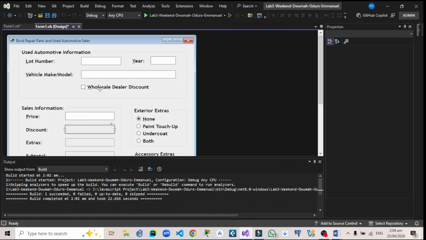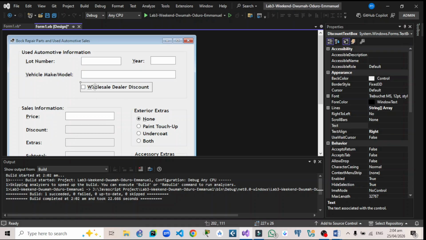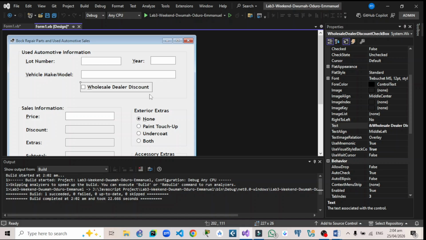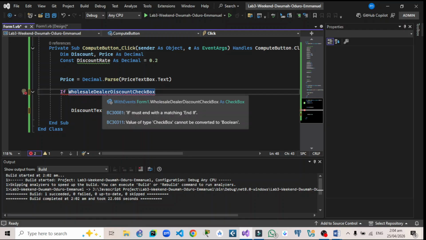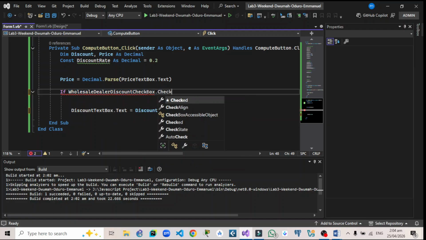So whatever name you give to this control, that is what you are supposed to use. So if the wholesale dealer discount checkbox is checked, so dot checked,